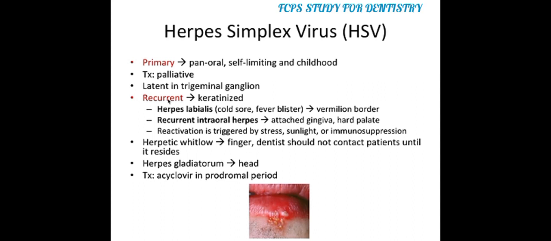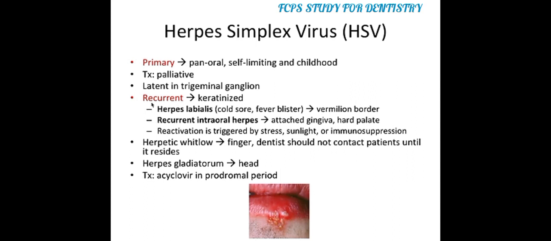Reactivation can be triggered by stress, sunlight, or immunosuppression, to name a few. When this infection comes back and the herpes virus rears its ugly head, the recurrent infection looks a lot different from the primary infection. So we have actually many different manifestations. One of the most common is herpes labialis, which can also be called recurrent extraoral herpes, commonly called a cold sore or fever blister. This classically appears on the vermilion border between the skin of the face and skin of